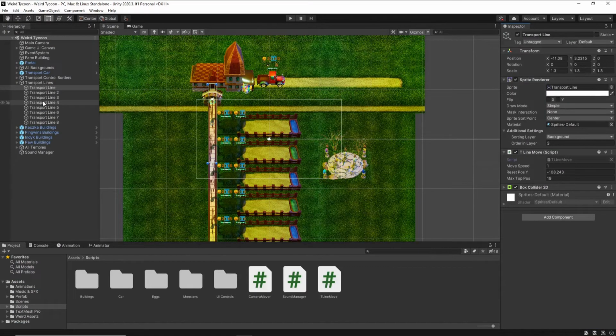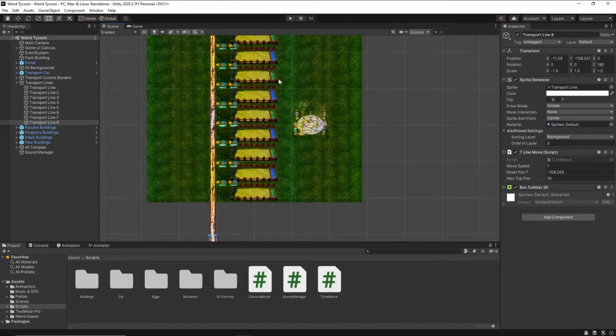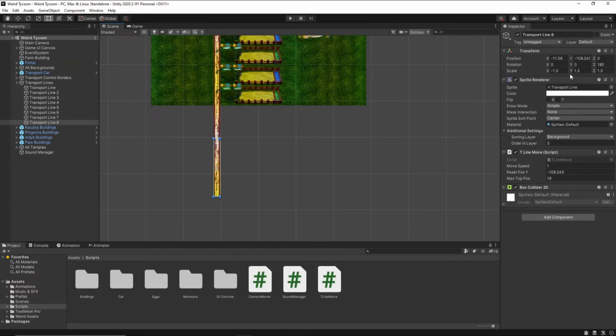So on the transport line you will need to set up the move speed you like, and in this case I used 1, and my reset position is -108, and this is the last line in your transporting line, and you just take that coordinate and put it on every single transport line you use. So you see this is the very bottom one, and you can just select all of them and write that position. So this is the position where the transport line will go back whenever it resets,